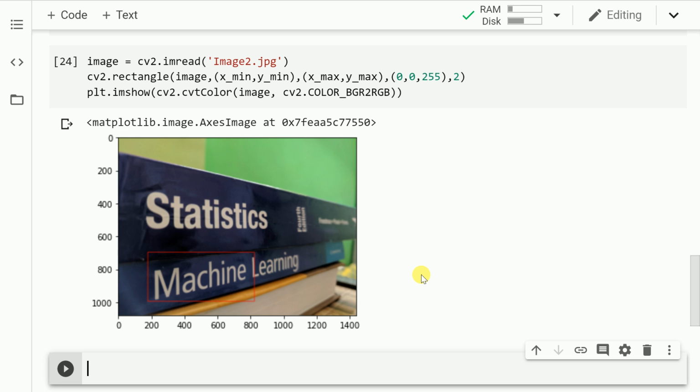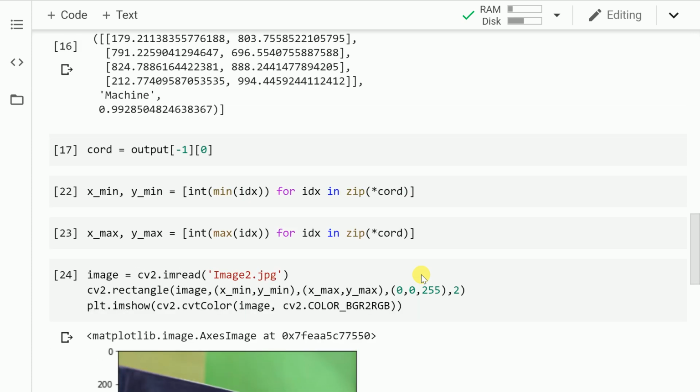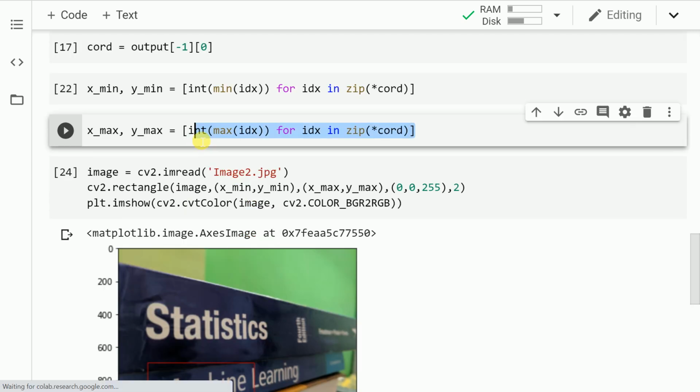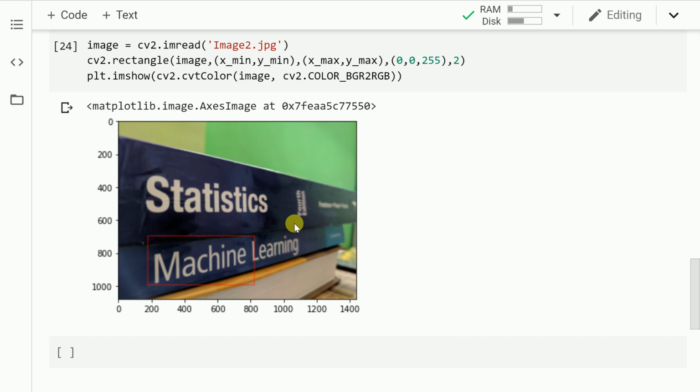The only modification that I had to make was that the output that I was getting was in the form of a floating number. So that is why I had to add the int value here. So the more you play around with it, the more you will be able to discover the hidden secrets of EasyOCR. Based on the small testing that I carried out at my end, I found this to be very accurate in extracting text from images. So this was a small walkthrough video that I wanted to create for you guys to directly start using EasyOCR. Please feel free to go through the repository.